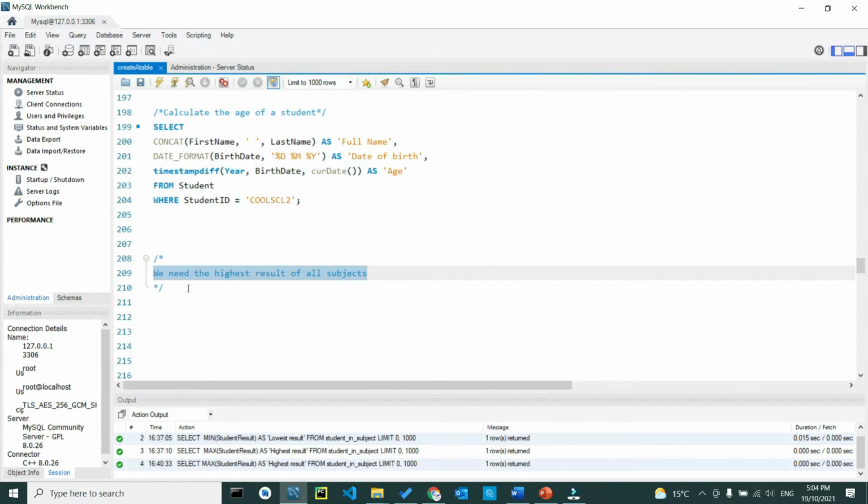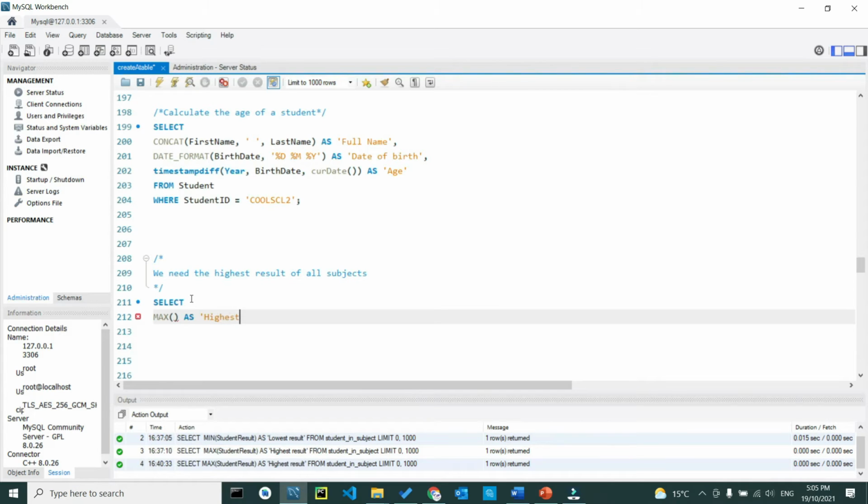So write the script as follows. We want to write down select max, open and close parentheses. You will get an error, that is one, we will fix it in a second. We want to return the result of the max function and store it as highest result. From which table do we want to run the max function? We want to run it from student